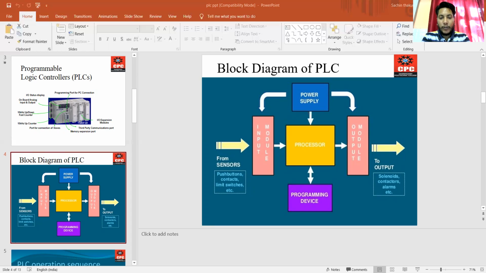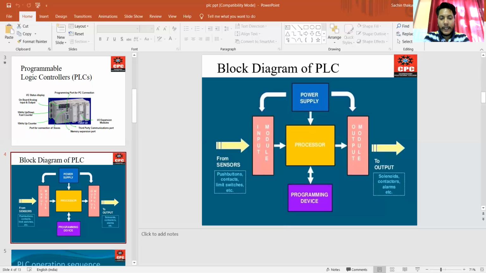Whereas the output module is the mediator between the output devices and the processor or central processing unit. The output module converts the digital signal into analog signals as per our desired output that we connect at the output.